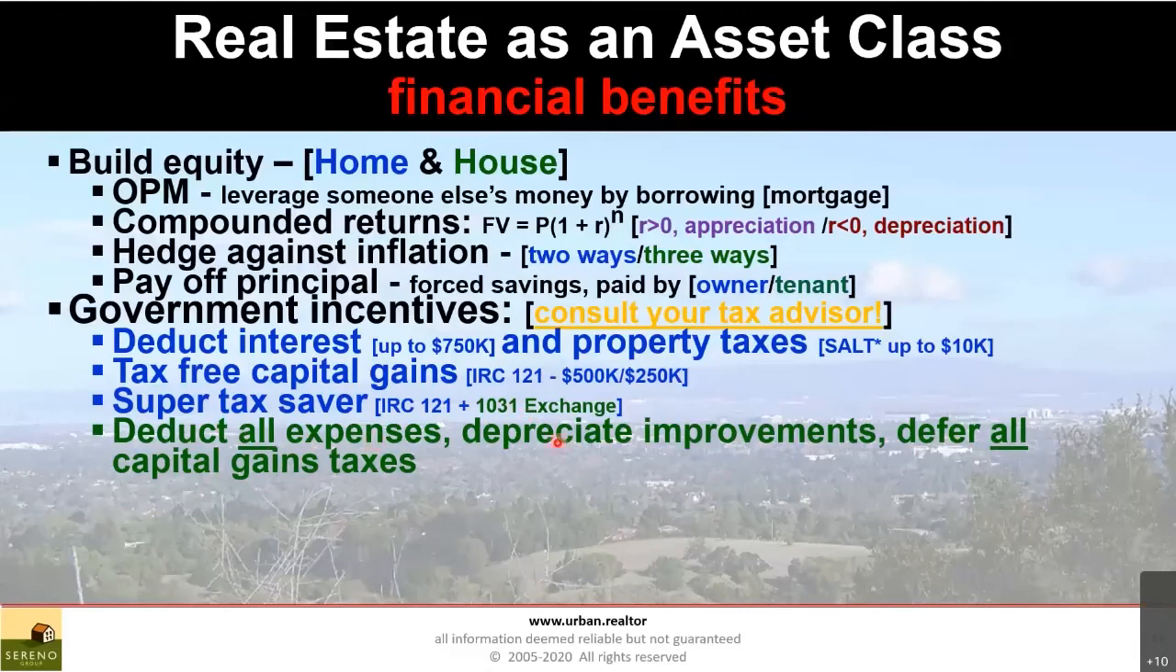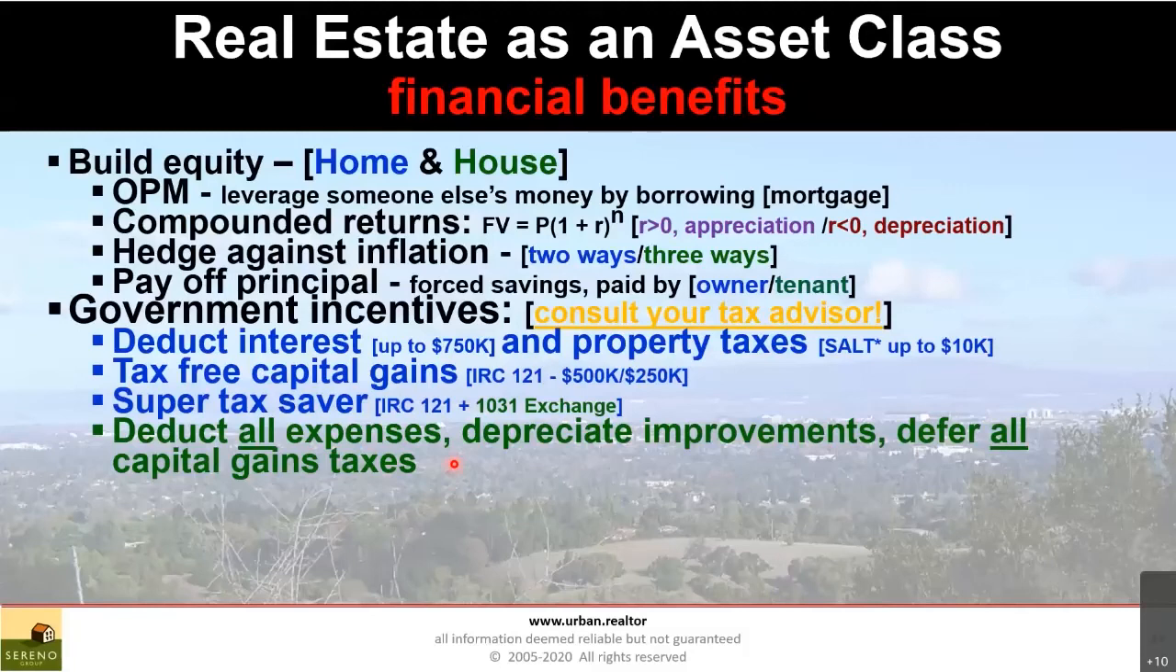And in addition to that, you get a bonus of depreciation improvement, which basically is a paper loss that doesn't cost you real money. And you can also defer all capital gains taxes. So when you sell the property, you can do an exchange, and the exchange allows you to defer your taxes when you exchange from one property to the other. And actually you can defer taxes